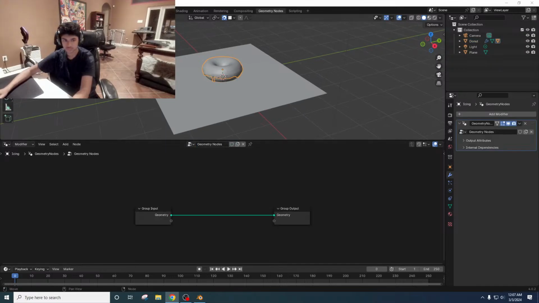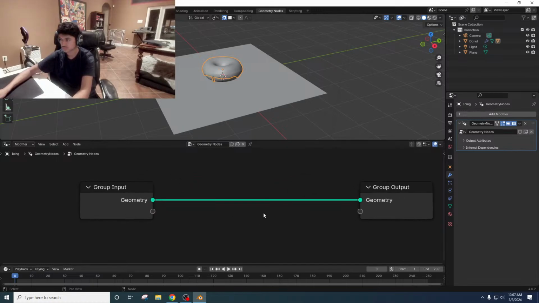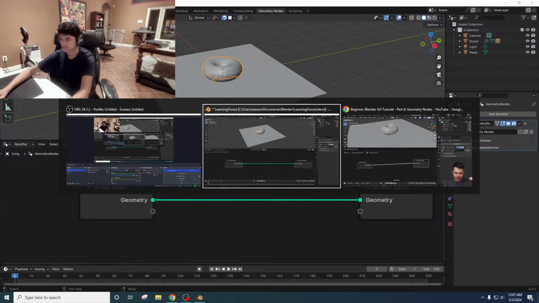So welcome to the world of Geometry Nodes. So Geometry Nodes is actually a modifier. So when we hit new there, we've added in a modifier called Geometry Nodes. And what the modifier is doing is whatever we want it to, okay? So what this section down here is, this is a node-based system, and it looks for